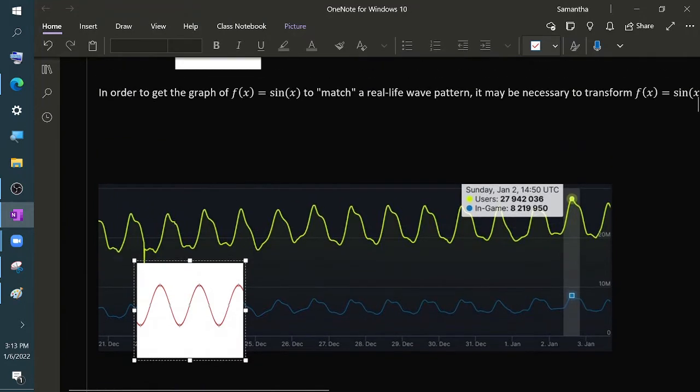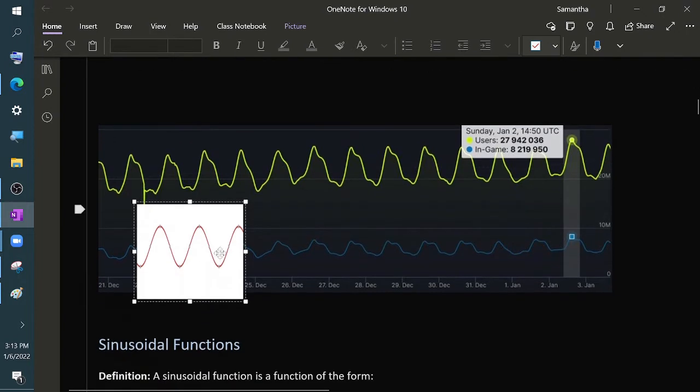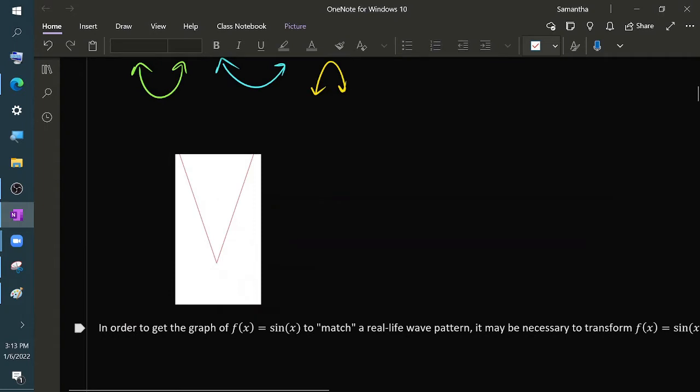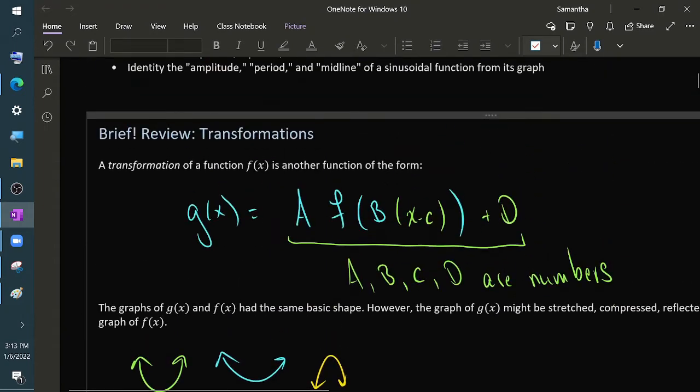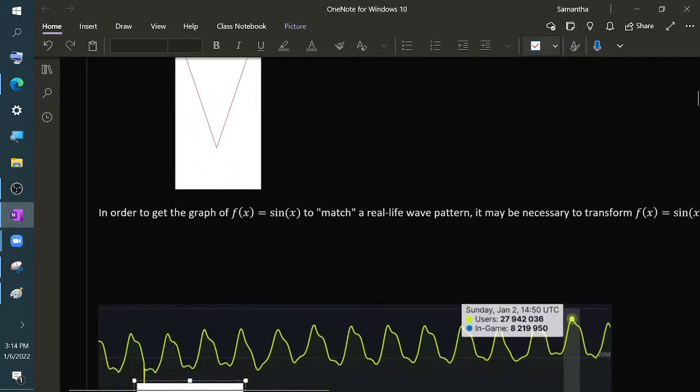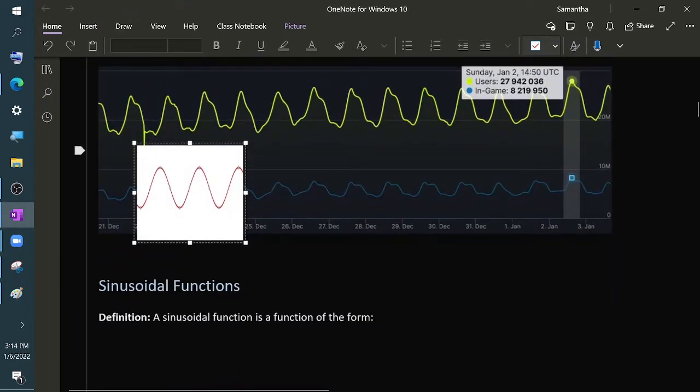So mathematically, what would we have to do to the sine function that would capture this behavior that I did with my mouse of shrinking the graph vertically, compressing it horizontally, and moving it around? Well, we would have to take the formula for the sine function and figure out exactly what values of a and b and c and d we would need to put in the input and in the output to get the height of sine to match the height of the wave in the chart, to get the width of sine to match the width of the wave in the chart, and to get the position of sine to match the position of the wave in the chart.